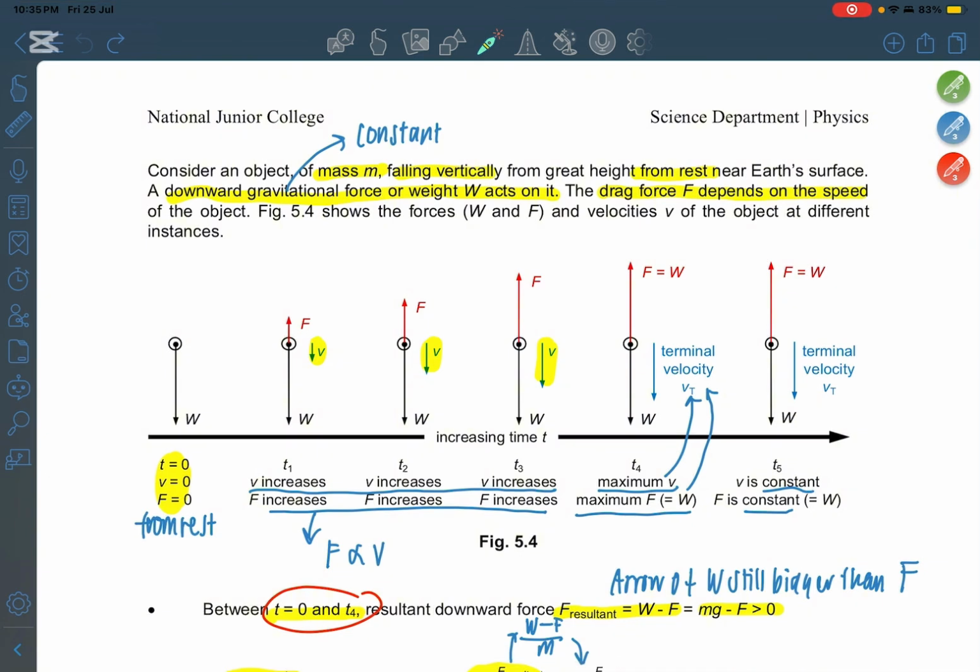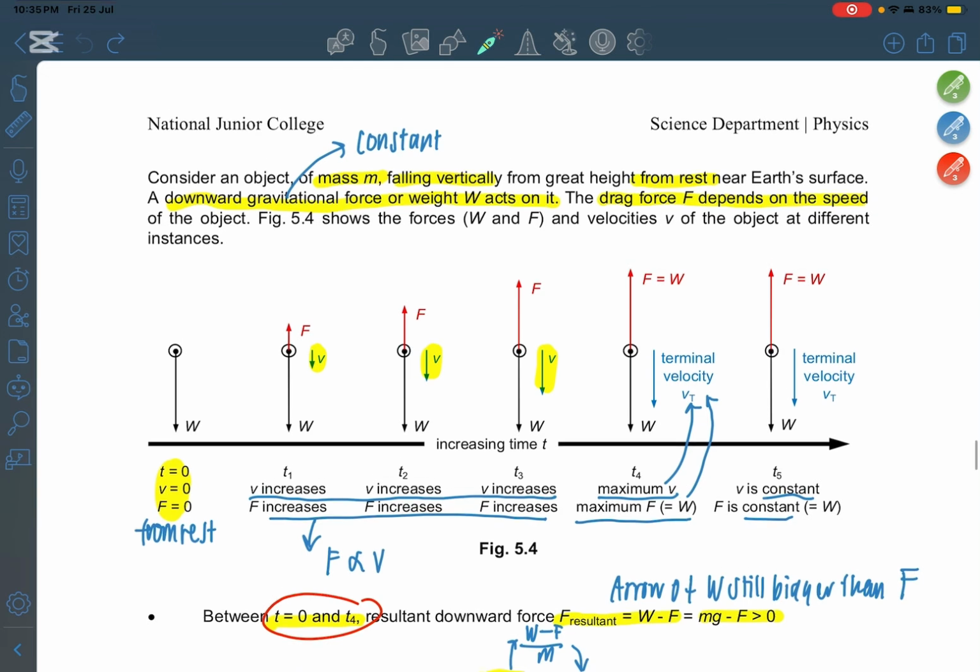Initially, it starts from rest. So at t equals 0, v equals 0, and that means the drag force acting on it is 0. That's the very first instant. And until t1, you see that v starts increasing, right? That means drag force starts to increase also. Then this increase, this increase, so they show a directly proportional relationship